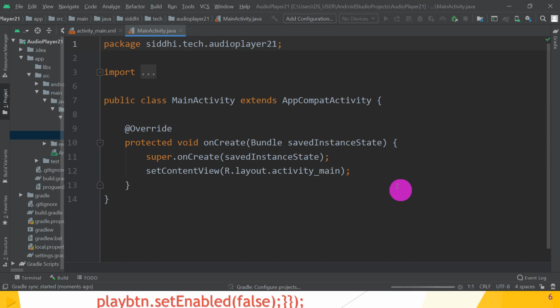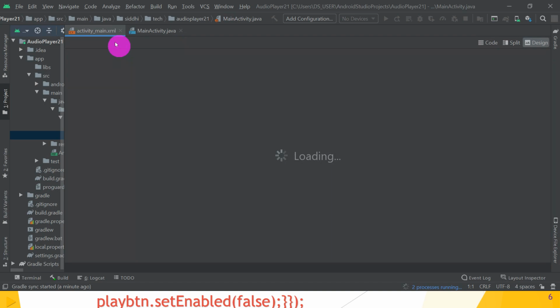Great, guys. So this is my media player project, audio player 21. Great. So open the activity_main.xml. That is the first step.